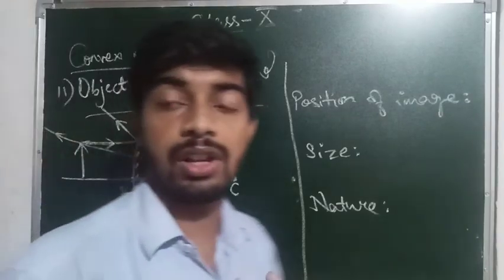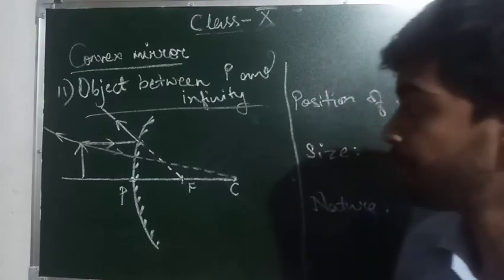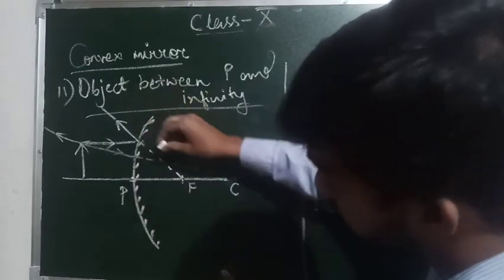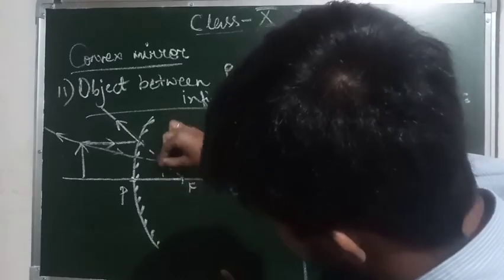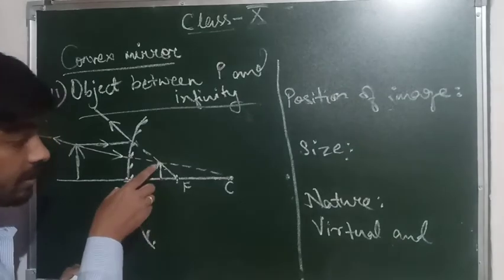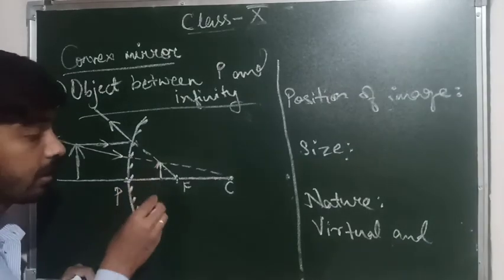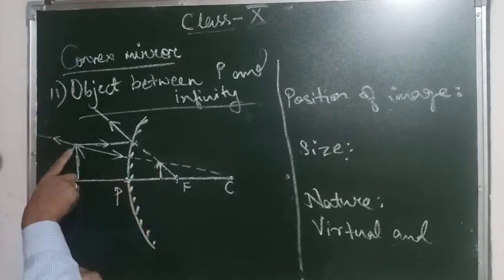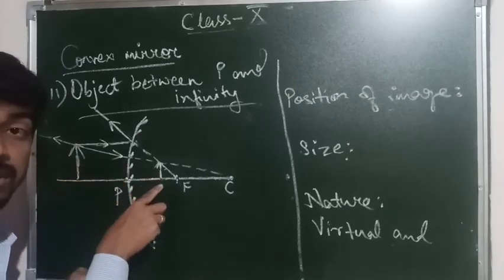This should be straight. My lines might not be straight, but you should use a scale while drawing. So you see the two rays are meeting at this point and the image will be formed here. So our image forms here. This is the image. I have drawn in bold lines, but it should be in shaded lines. So you see the object is bigger in size and the image is smaller.